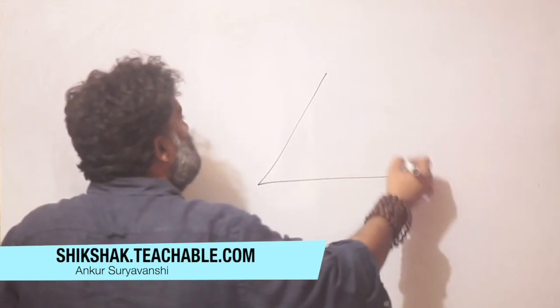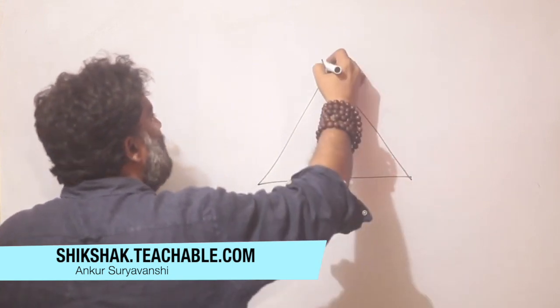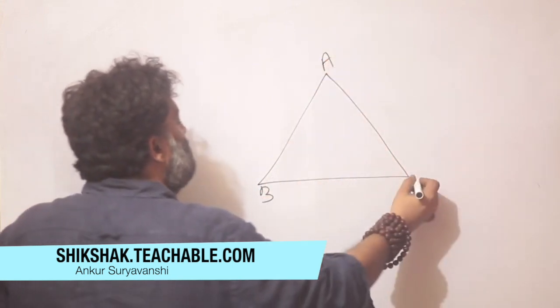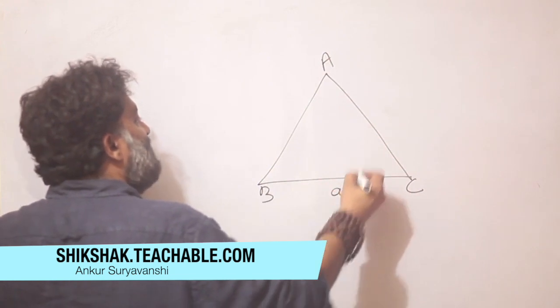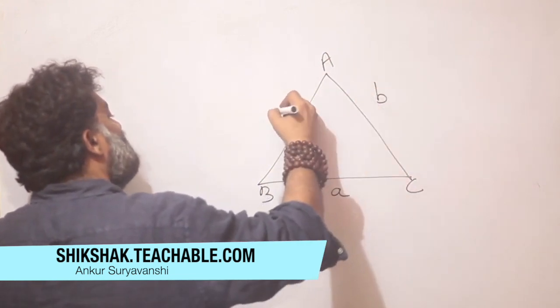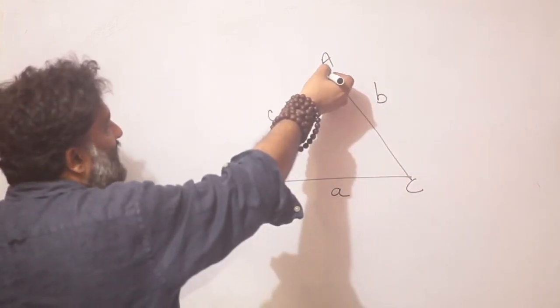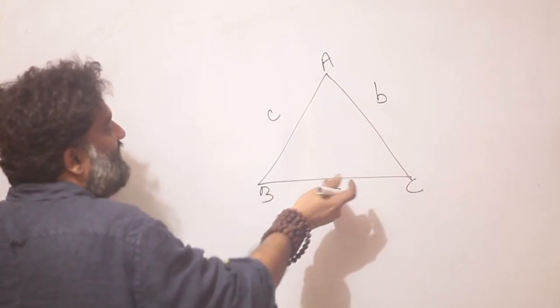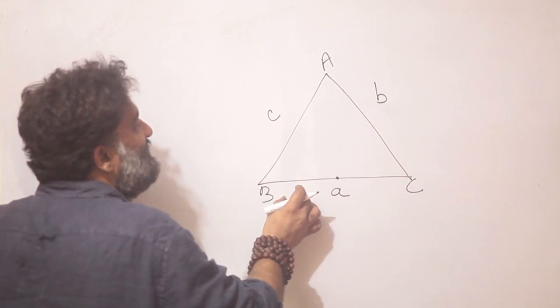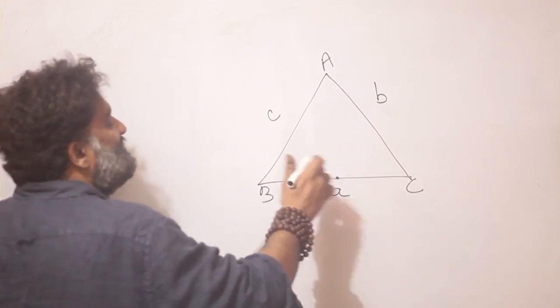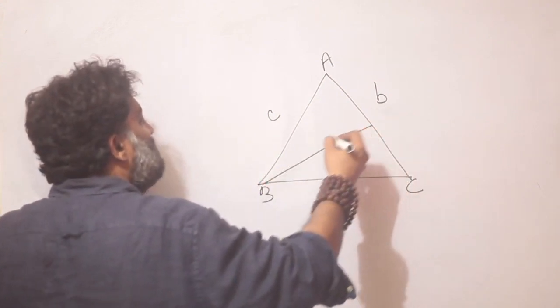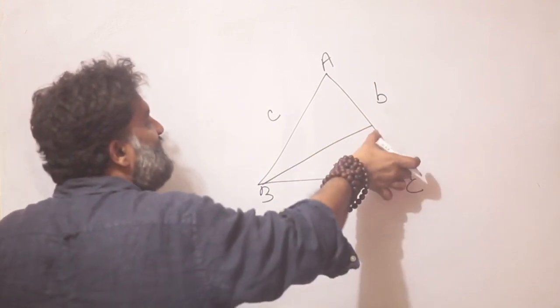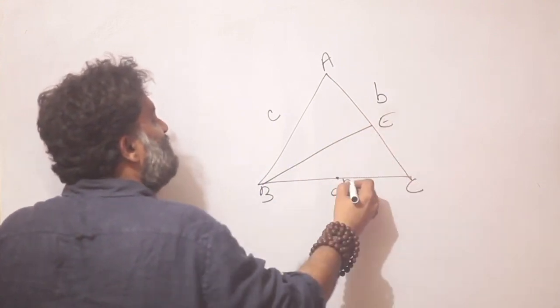So I hope that was easy enough to grasp. Let's extend that idea quickly, just look at it from all sides. If this side is A and this side is B and this side is C, we already looked at if I drop an angle bisector to this side and call it D, the ratio of it is going to be C is to B. Similarly, if I drop an angle bisector from here, and call this point, let's say E,